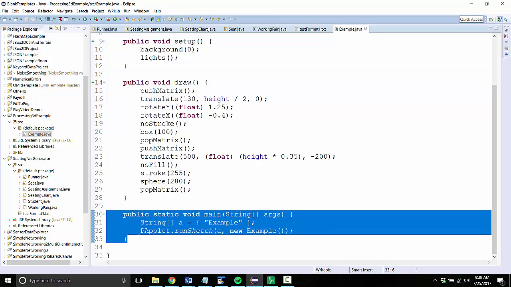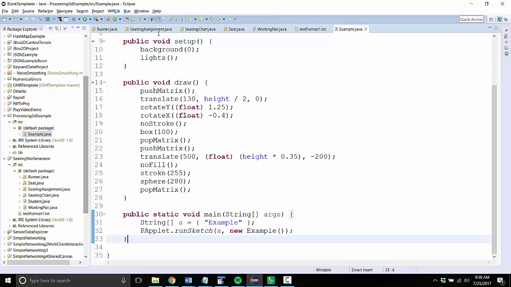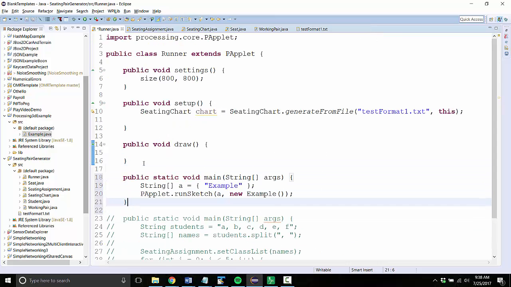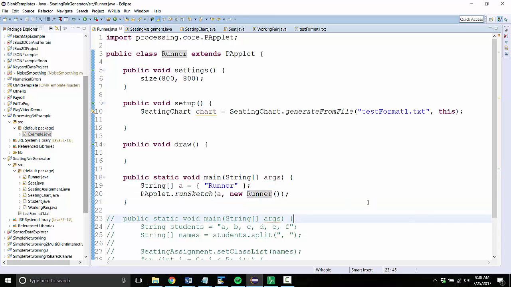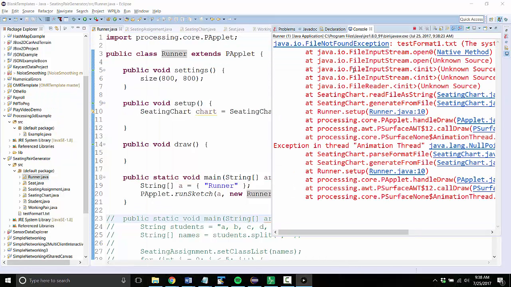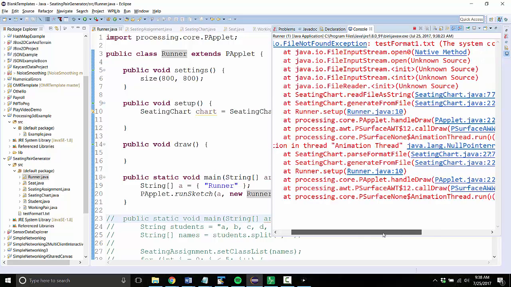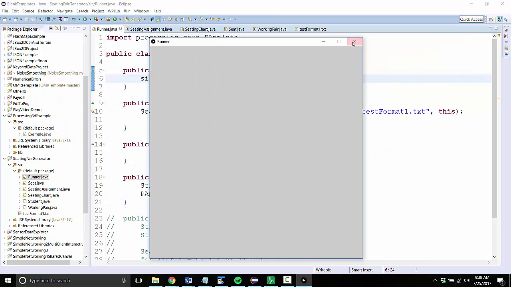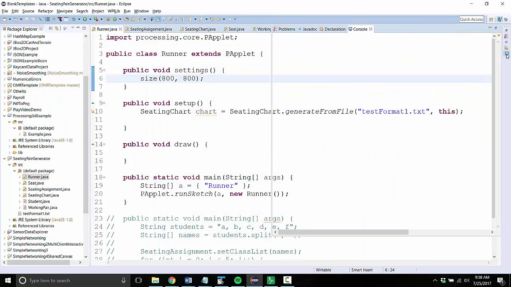Okay, so we have to have a main method that creates and runs the p-applet. And the right format for that is this, except here it's got to match the p-applet class name. Okay, let's try it again. Great. Cool. File not found exception. Okay, probably because, oops,